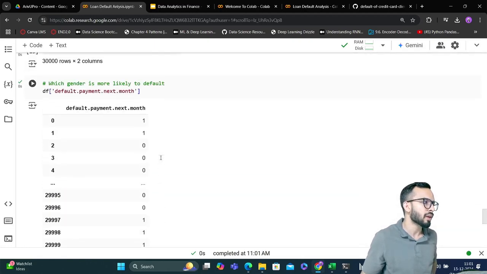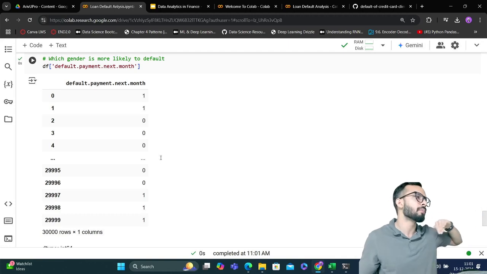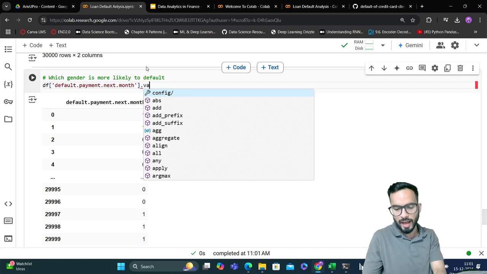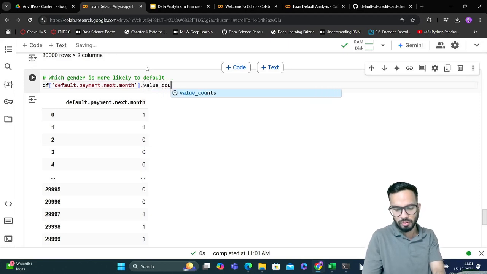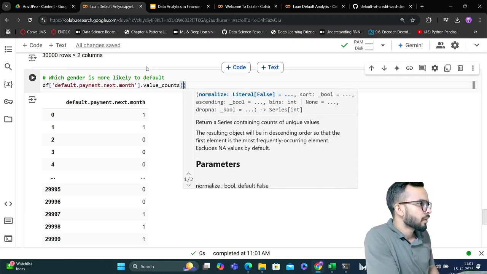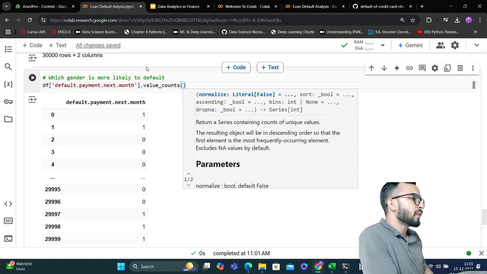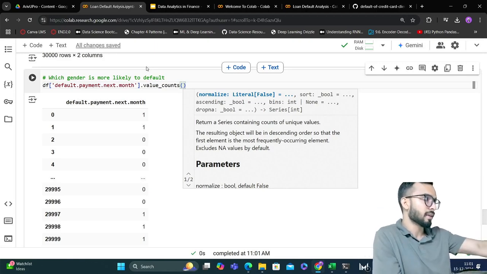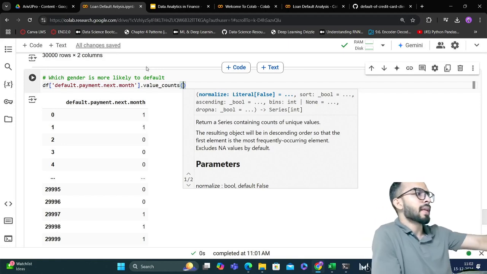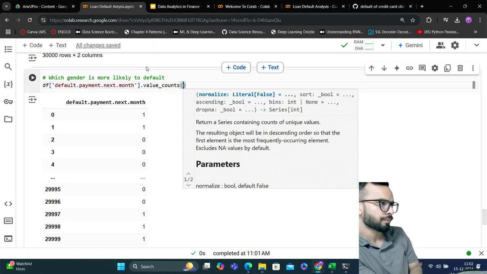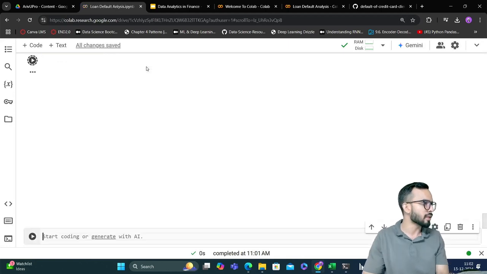Now out of this particular column, it gives us zeros, 1, 1, 1. But we want to summarize this overall. So how do we summarize this? We will write a function .value_counts() and end it with the brackets. So what will value_counts do is it will give you the count of each value. For example, how many ones are present in this particular column, how many zeros are present, and the total should sum up to 30,000. Okay. So if we execute this now